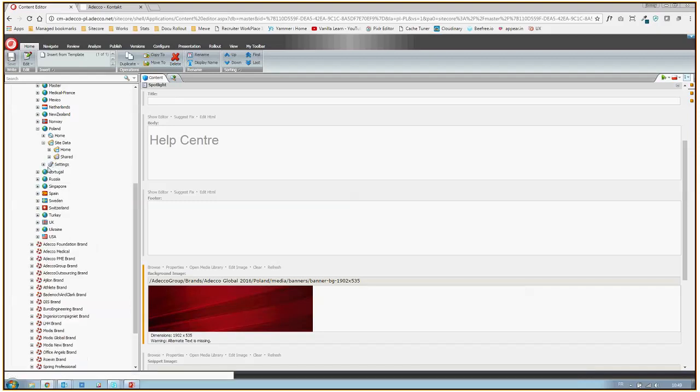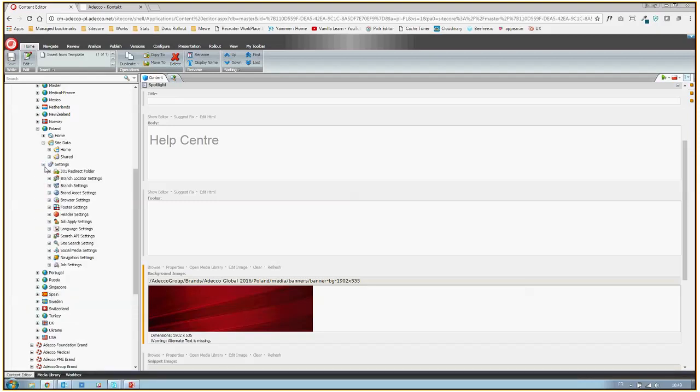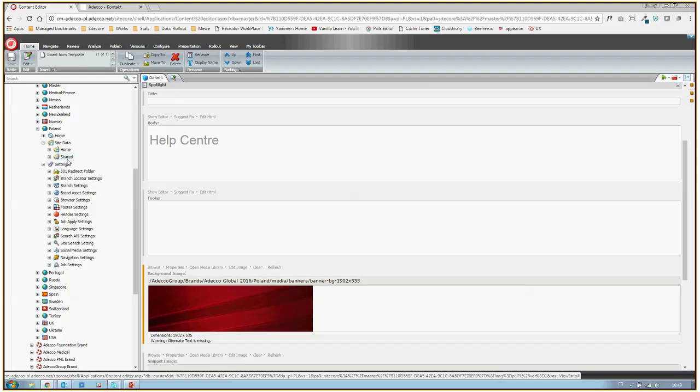And to finish, we have the settings. So the settings is more a part we will just see tomorrow. So today we will just see basic functionality like header, footer, and all these different things. But otherwise, all the big functionality of our site core is inside these settings, like the job search, like the branch locator,